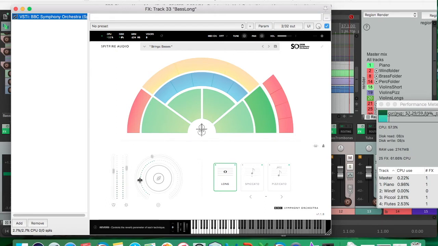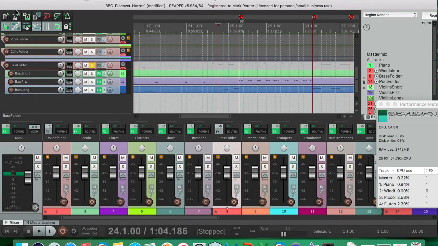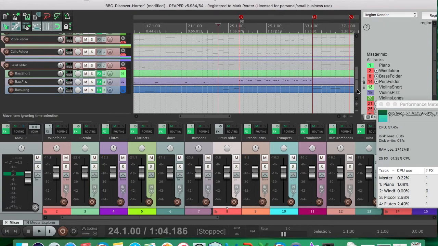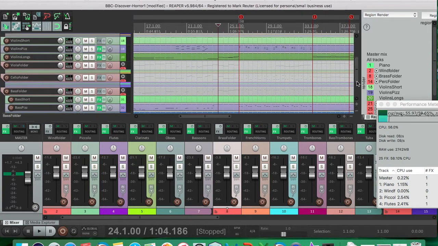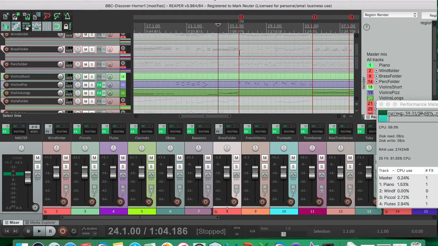Dynamics and expression. And what I've been finding is I've been pulling these from the default sound, pulling these down to about 50-60%. But obviously we can automate those if we want, so we can vary the performance style even further. Now, for me, the real star of this, and if you were to buy this for $50,